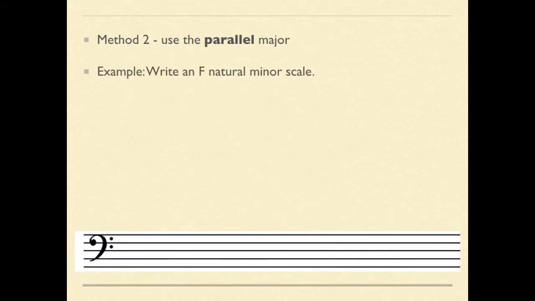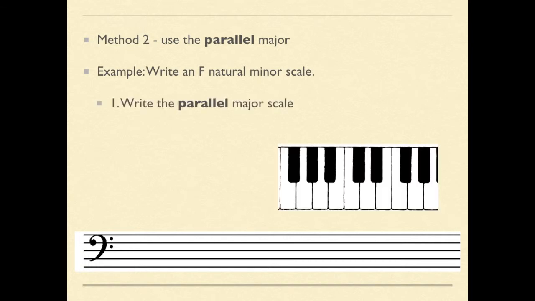Now let's write an F natural minor scale using the parallel major method. Step 1 is to write the parallel major scale. So we're going to follow our whole and half step pattern. We're going to start on F, we'll go up a whole step to G, another whole step to A, half step to B flat, whole step to C, whole step to D, whole step to E, and a half step